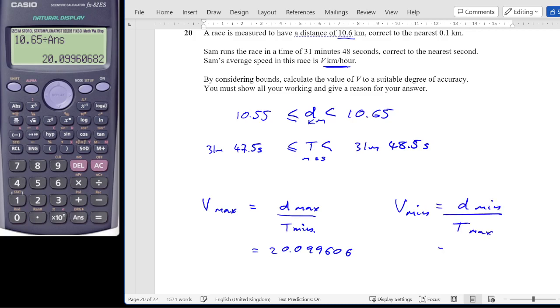And then my v min is going to be likewise: I want the minimum distance divided by the maximum time. So I'll convert my time again first of all. So 0 hours, 31 minutes, apologies, and 48.5 seconds. And I did need to type the 0 in. And I want my minimum distance, so 10.55 divided by that value, and then as a decimal, that gives me